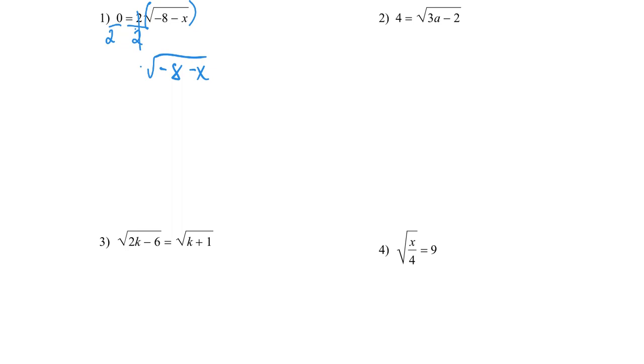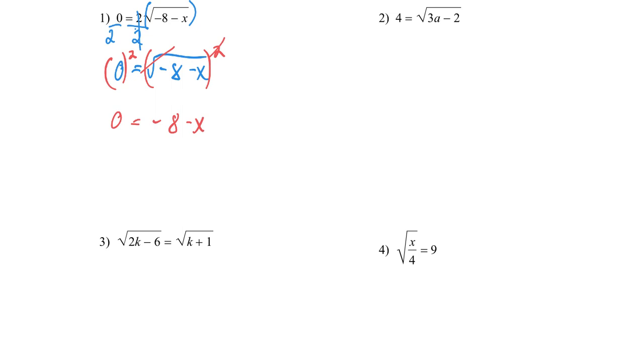So 0 divided by 2 on the left-hand side is just 0. So there we go. Once the square root is isolated, now we can eliminate the square root by squaring both sides. So if we square a square root, it's going to cancel it out. So the square root and the square cancels out. 0 squared on the left-hand side is just going to be 0. And then you bring down everything that's inside the square root,